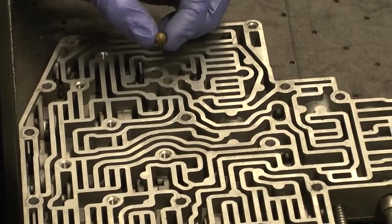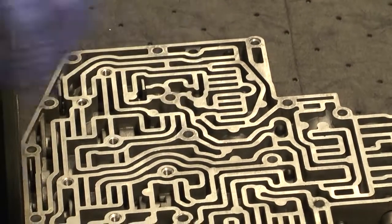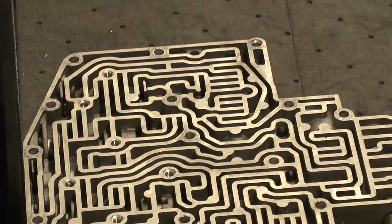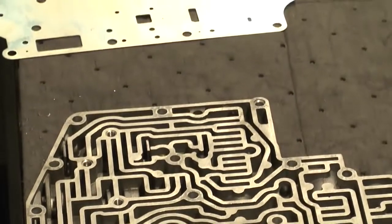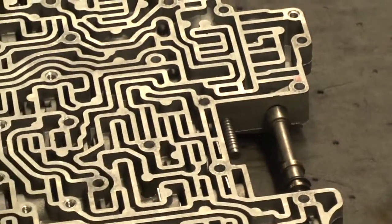Now, one large ball goes into a very particular spot. That's where the orange ball had come out of. The shift improvement kit does supply a new ball that's slightly oversized. Now, one check ball did not go back in, and that's marked, as Gerald's pointing out, that one did not